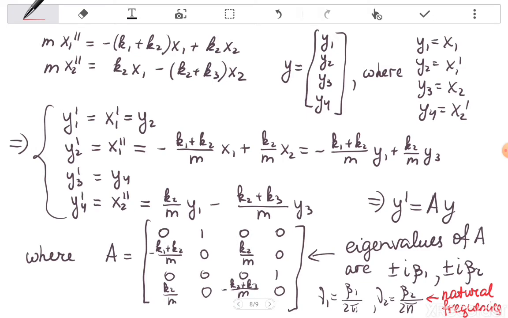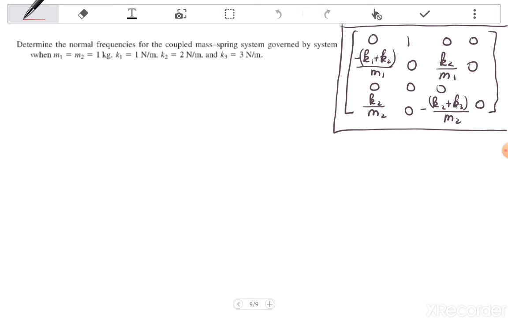So let's now look at an example. For example, let's find these natural frequencies for this particular case. M1 and M2 are 1, and K1 is 1, K2 is 2, and K3 is 3. So let's firstly write the matrix A of the system, where A is,